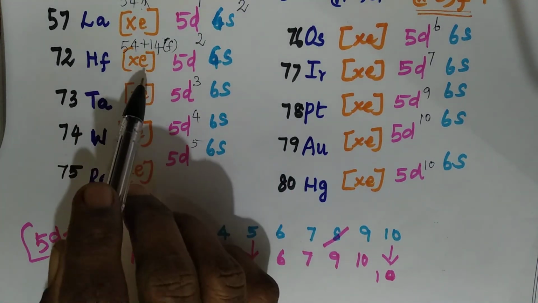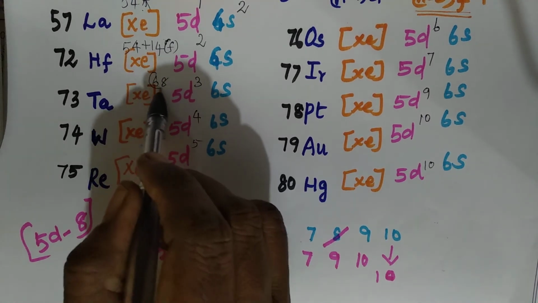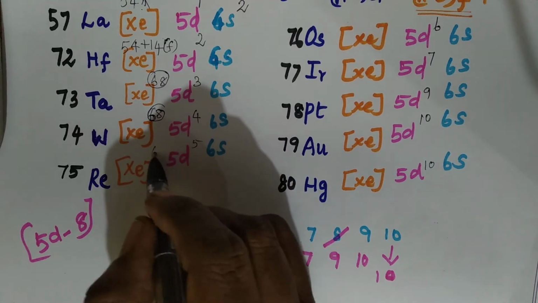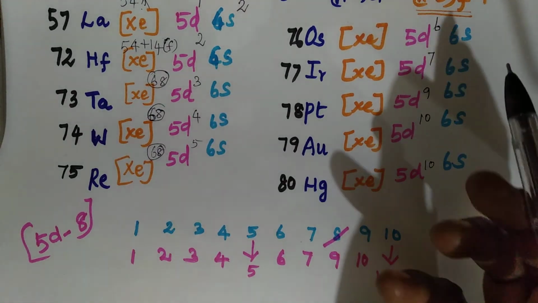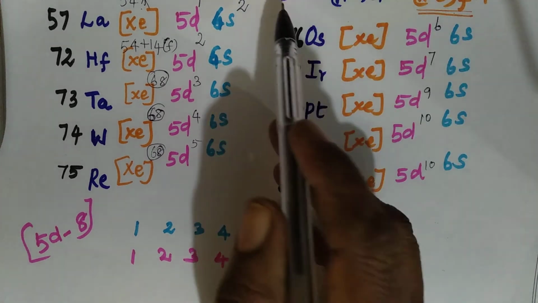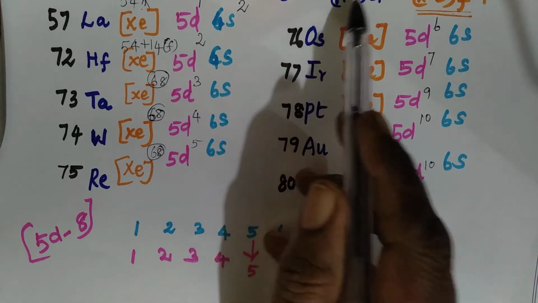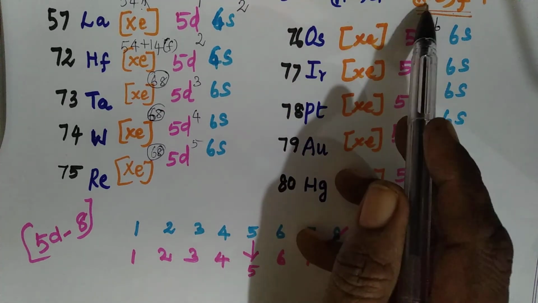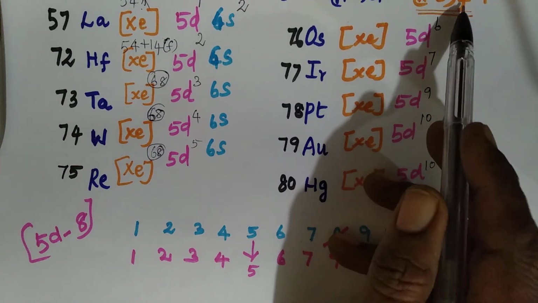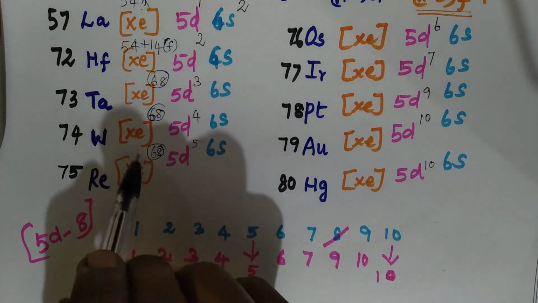Here it becomes, after 54 plus 14, 68 electrons. Why 68? Xenon with 14. Okay, that 4f is filled in, right? This is 4f, n minus 2: ns is 6s, so n is 6, this is 5, this is 4. Okay, n minus 2. F filling goes with the n minus 2 only. Okay, so 4f 14 electrons get filled in. So you have to add it up so that it becomes 68.